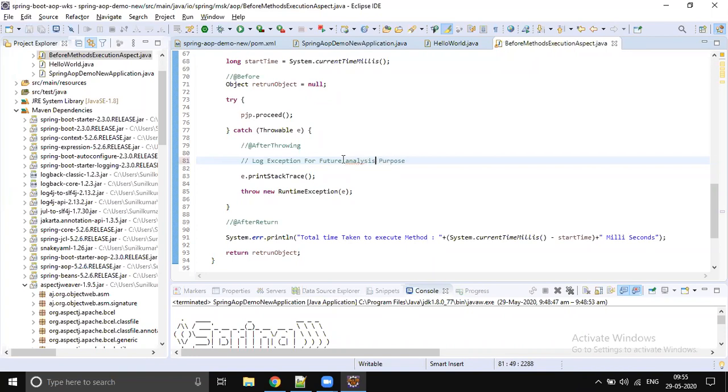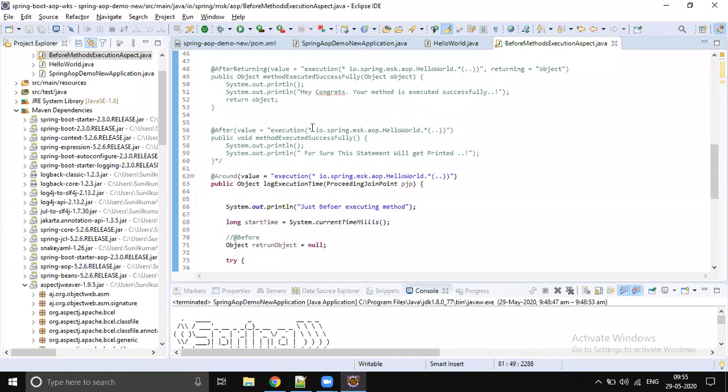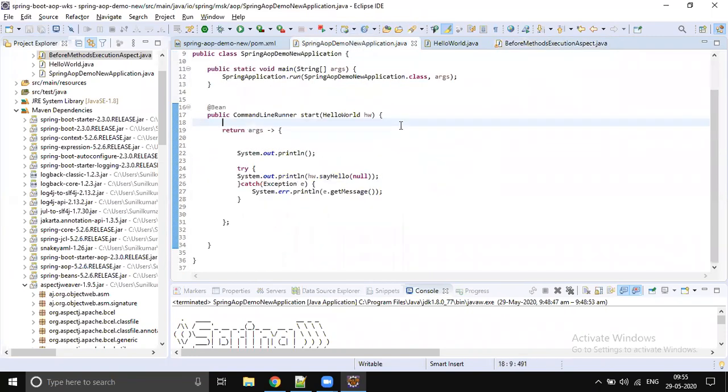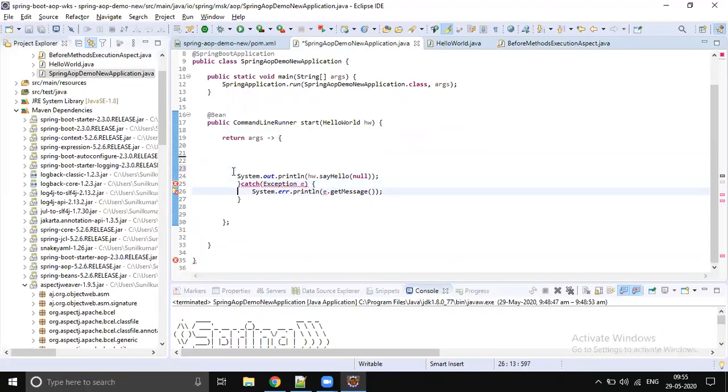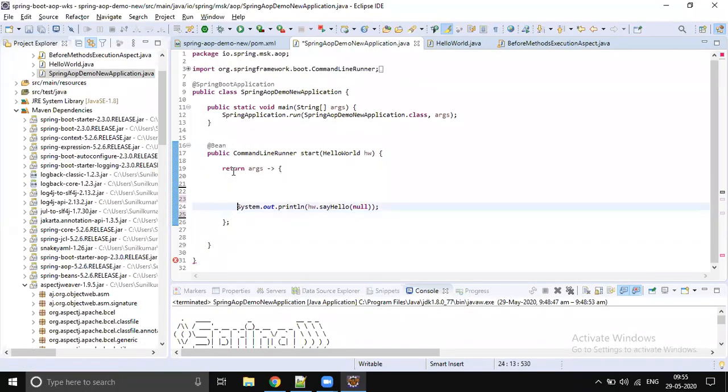Okay, for future analysis purposes. So this works fine. Now let's go to this and remove the try catch. Let's call a couple of methods, say hello